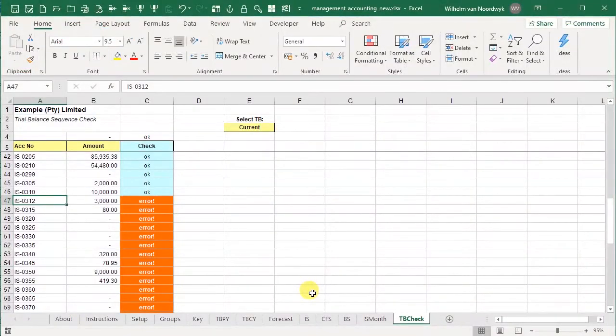So we'll start off with an example where an additional expense account is included on the trial balance that I've pasted into the TB check sheet. The TB check sheet we use to compare this account sequence between the trial balance that we've exported from our main accounting software and the management accounts template. As you can see, it gives me an error message from this account, IS0312. So this is a new account